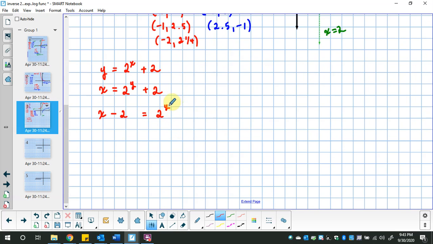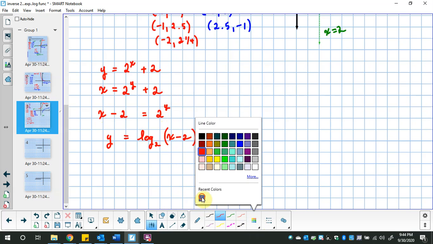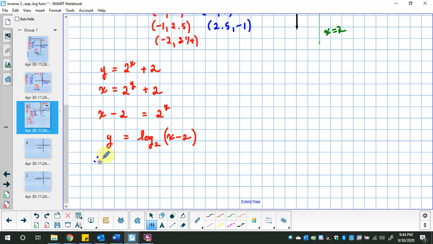So now this is a tiny little quantity, way tinier than it was before, and now you can do your magic. So can you remember what to do with it? Isolate the y, logarithm, base 2, because that's a base on the exponent, and then x minus 2. And this is wrong unless you put x minus 2 in a bracket to say that was there already as a bigger quantity. And then just to prove to you that it is not that difficult to make that 2 belong where it's supposed to belong,